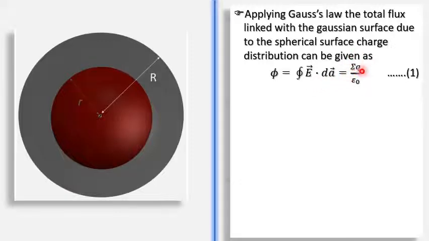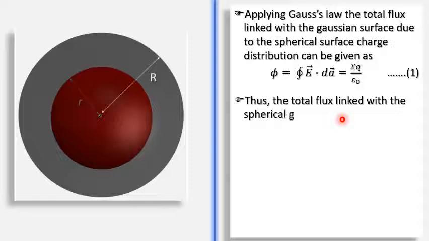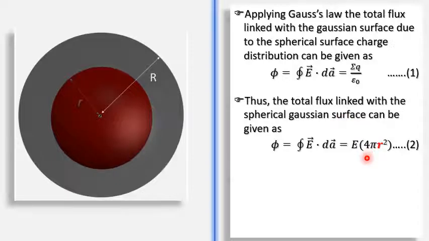What is sigma q? Sigma q is the charges enclosed by the Gaussian surface. So here also we will be careful. E being constant, if we take it outside the integration, we get the integral of dA to be 4 pi r square. Now look at this r. As I mentioned just now, r is the radius of the Gaussian surface. So don't mix up small r and capital R. It has to be the radius of the Gaussian surface, that is small r.